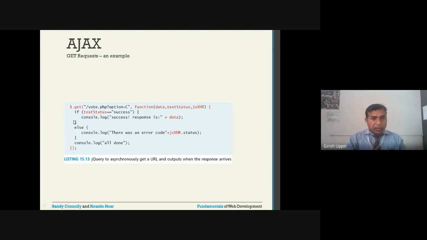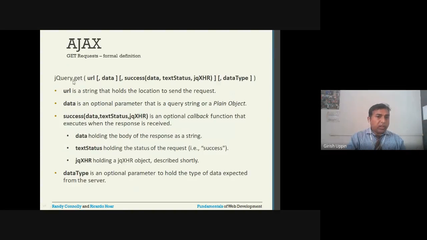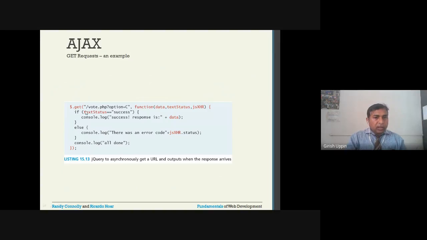This is an example. You can see dollar dot get, which is nothing but jQuery dot get, and you are giving the location on the server. It is in the root directory, oat.php, and you are passing the option. Then we have a callback function. It starts from here and it ends here. So there are two parameters that we are sending: the first one is the location, the second one is the callback function. The callback function has the parameters data, text status,